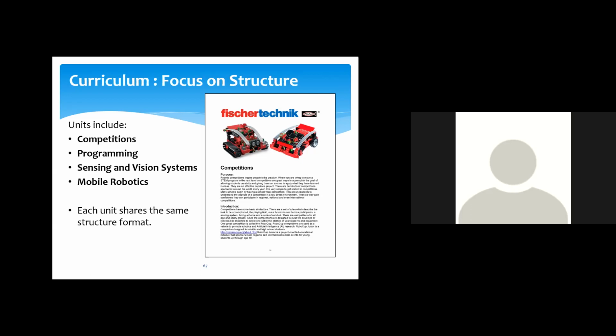Anyway, is there a pacing guide? Not really. Well, there is, in the sense that we'll get into this too. I'm going to get back to the program itself as opposed to answering the chat questions right now. But you'll see that as we get into this, when we get to the daily plan, that's essentially going to be your pacing guide. It's going to tell you that today we're going to do this, and the next day we're going to do that. And like I said, we're going to get into that just now. So anyway,